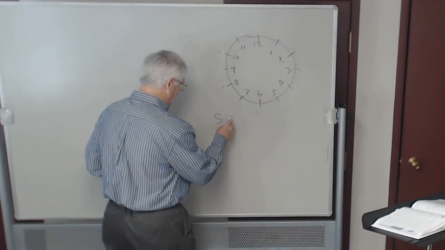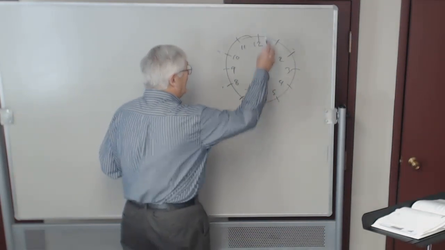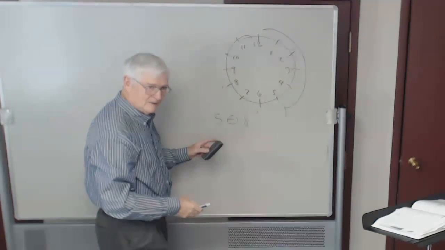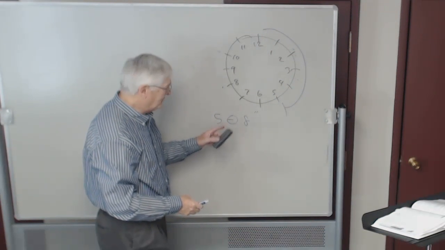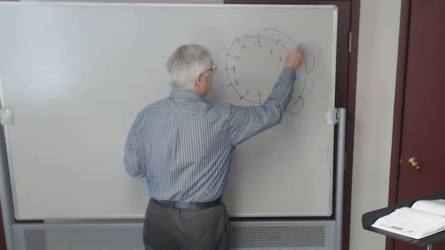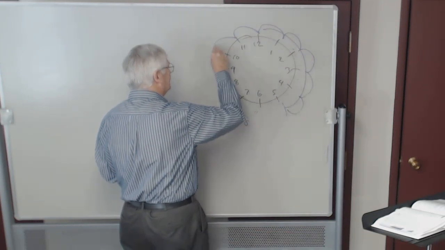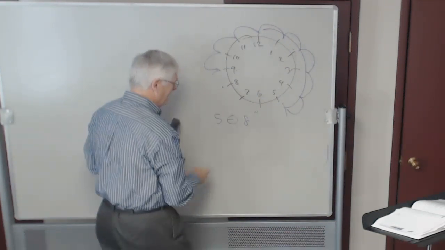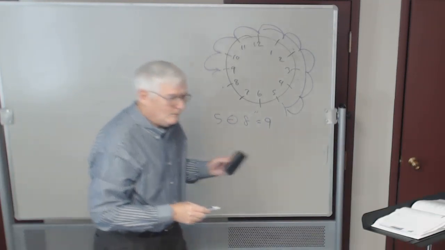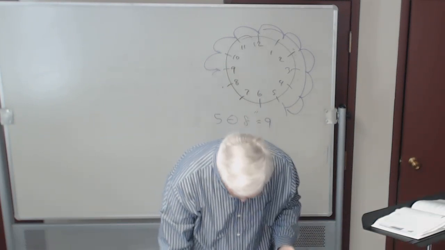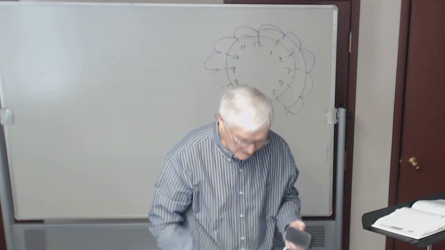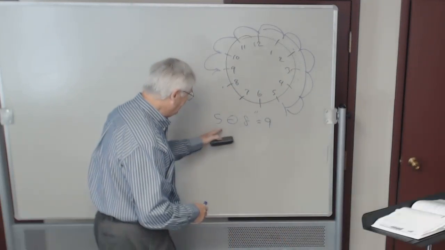5 minus 8. Okay, I would go around to 5 and then do what? If it's minus 8, I would go 1, 2, 3, 4, 5, 6, 7, 8. Where'd I end up? 9. Oh, 9. But look at that little chart I gave you. You go to 8. 5 minus 8